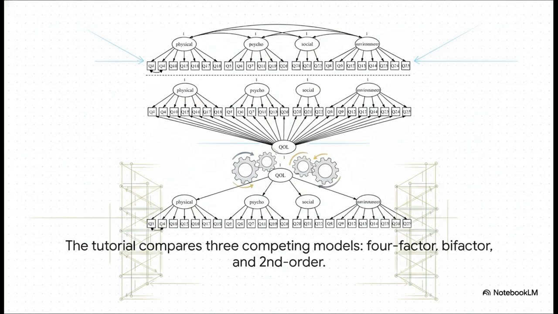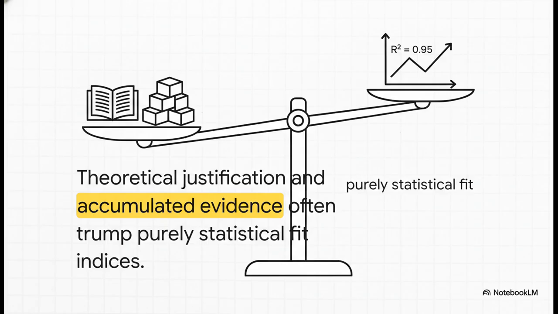comparison. And here is maybe the most critical lesson from the whole tutorial. Even though one of the other models had slightly better-looking statistics, the authors argue for sticking with the original four-factor model. Why? Because it's backed by a ton of theory and decades of research. It's such a powerful reminder that the model with the prettiest numbers isn't always the best or most meaningful choice